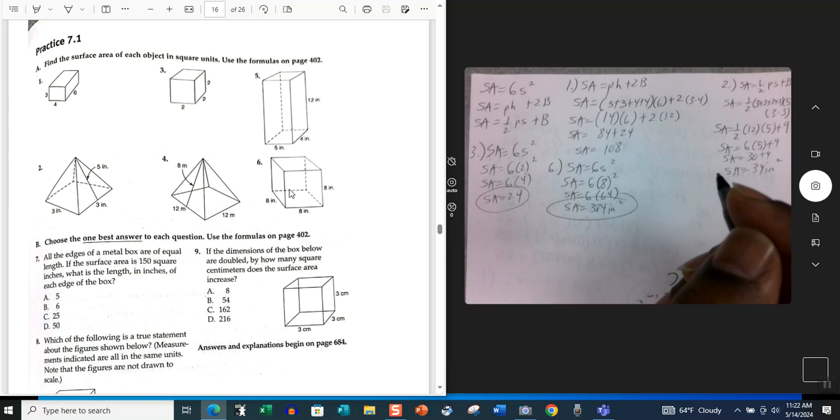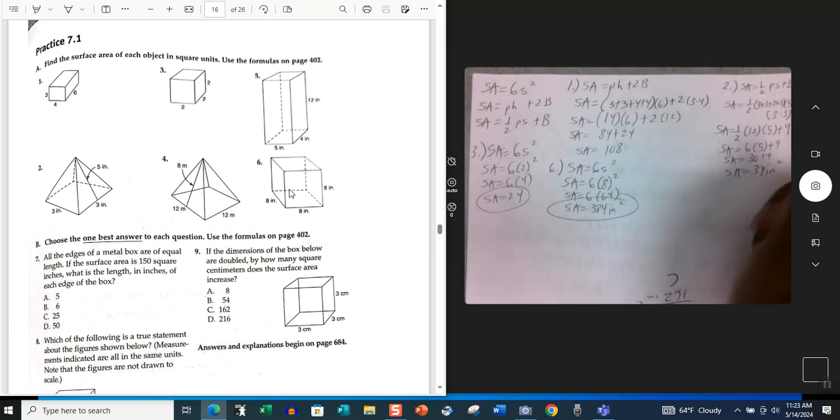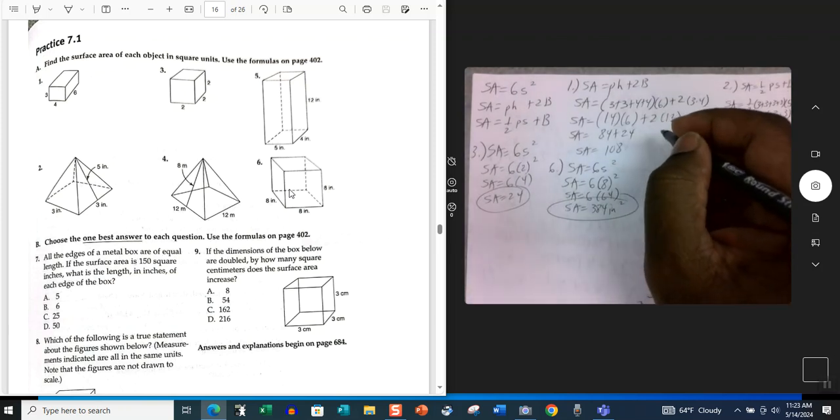Okay, now we move here to problem number, it looks like number 4 will be our next problem. So we go here to problem number 4,